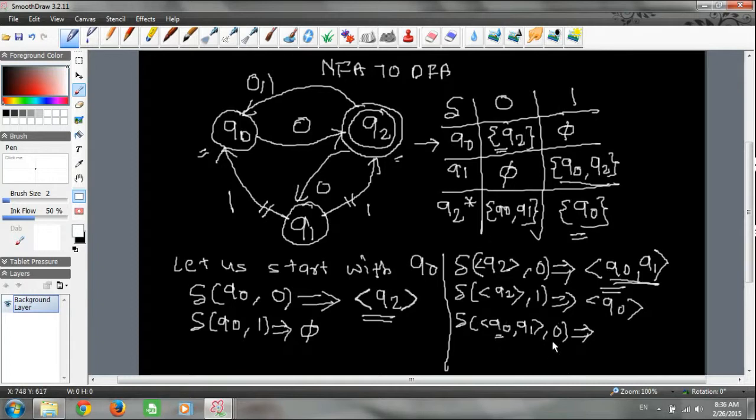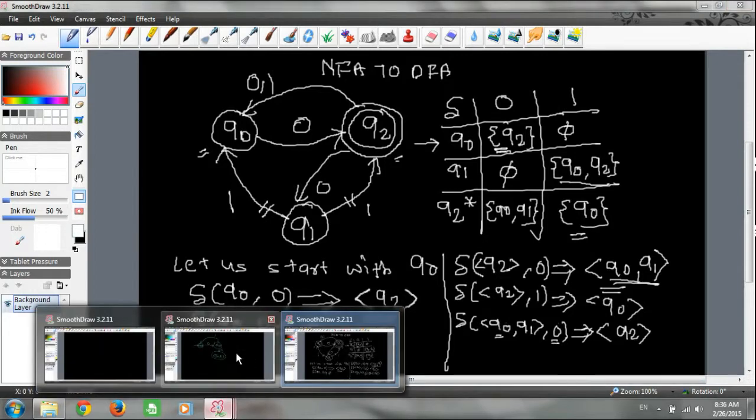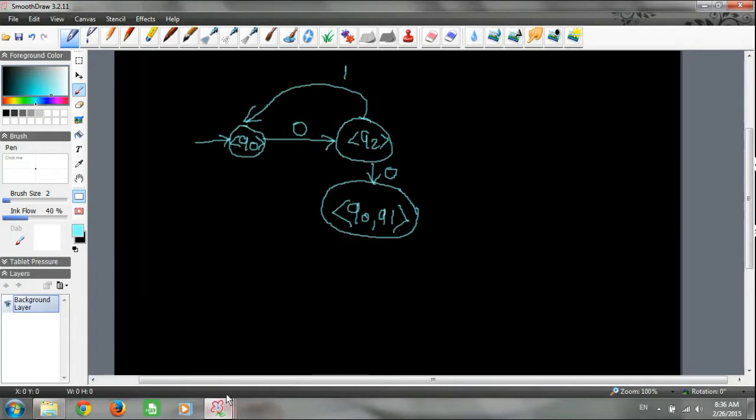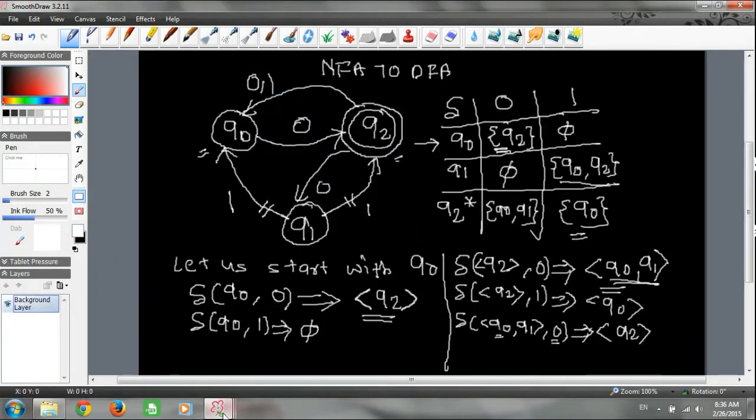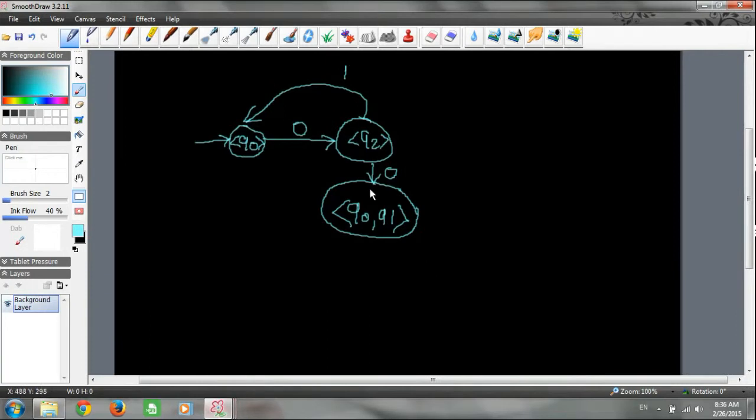You need to check Q0 on 0, where it goes. Q0 on 0 is Q2, and Q1 on 0 is nothing but phi, so it will be Q2. So Q0, Q1 on 0 goes to Q2. Let us add it here.